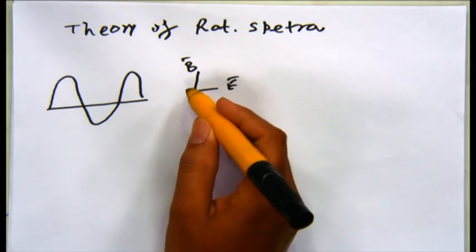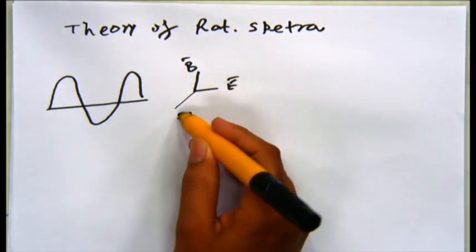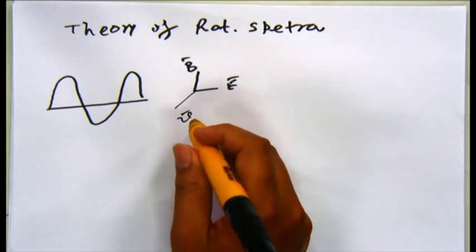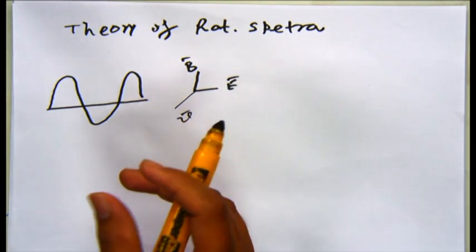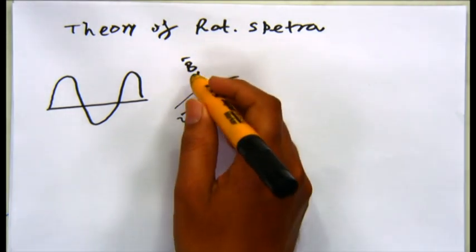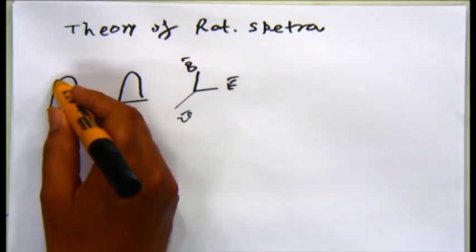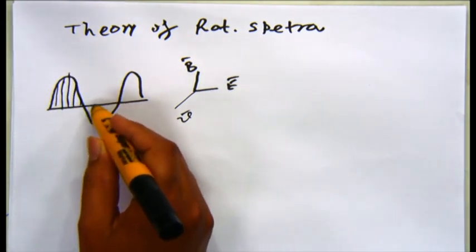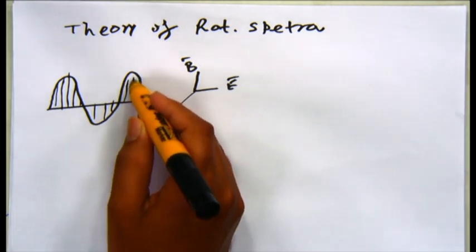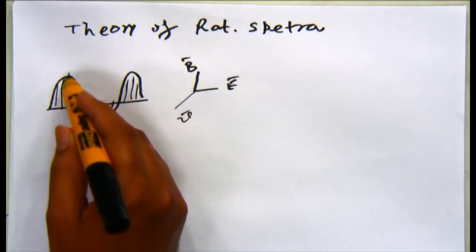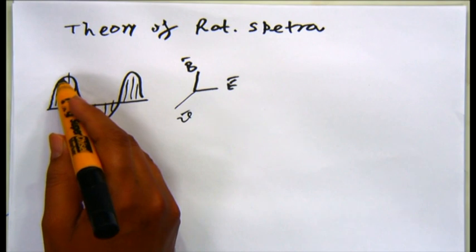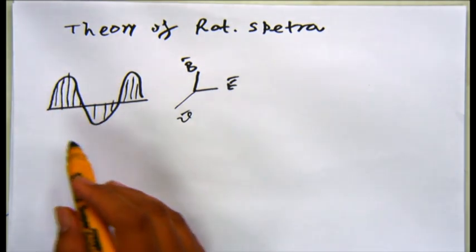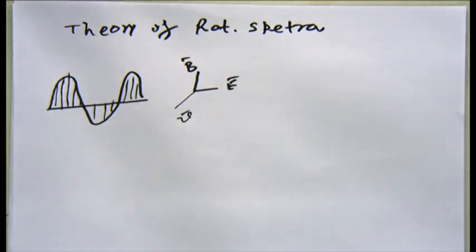But now this electromagnetic radiation will be perpendicular to the electric field, meaning the velocity component of the electromagnetic radiation is perpendicular to the electric field as well as the magnetic field. Now if we see, there are different values of the electric field component. Here, for example, there is a greater value of the electric field component. Here there is a lesser value of the electric field.